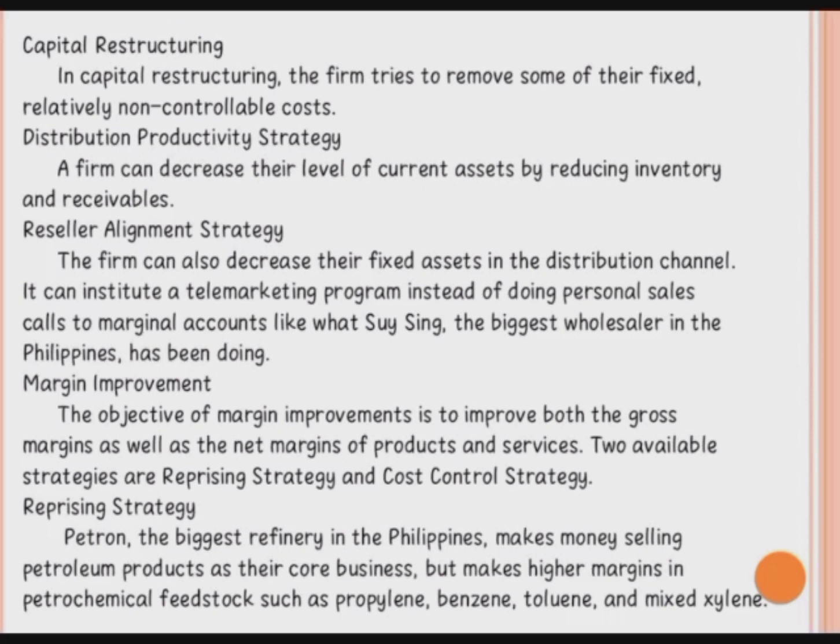Capital restructuring. In capital restructuring, the firm tries to remove some of its fixed, relatively non-controllable costs. Distribution product strategy: a firm can decrease its level of current assets by reducing inventory and receivables. Reseller alignment strategy. The firm can also decrease its fixed assets in the distribution channel. It can institute a telemarketing program instead of doing personal sales calls to marginal accounts, like what Soy